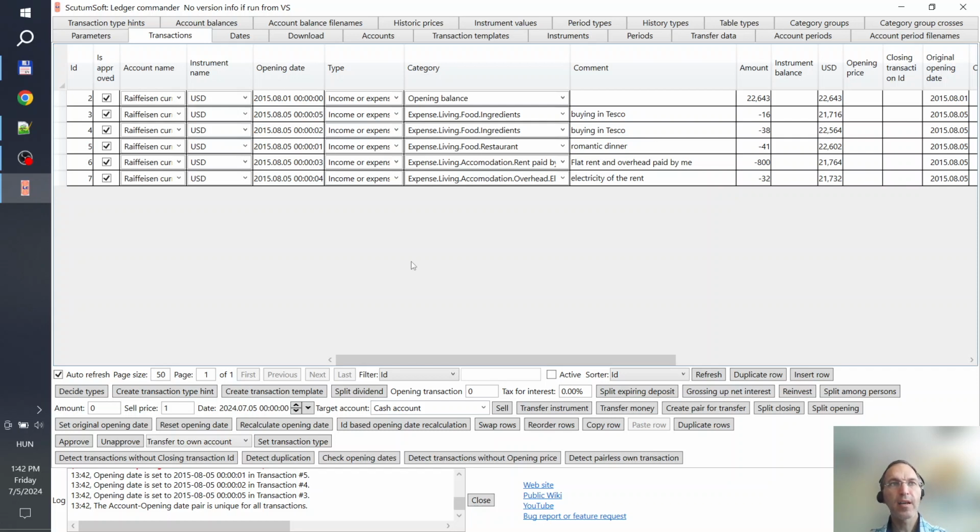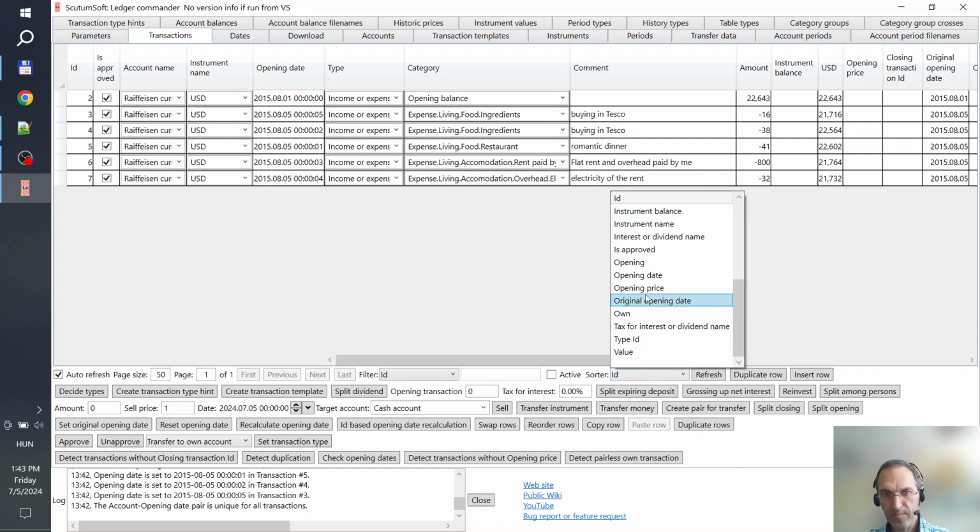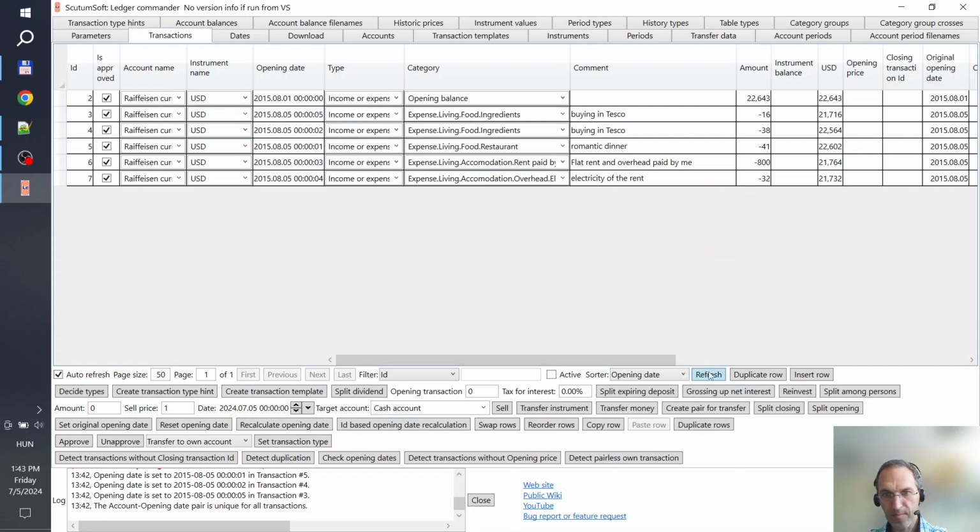To make this clear, order the table according to the opening date. But usually it is useful to use ID-based ordering, so go back to it and set the opening date column as it was originally.